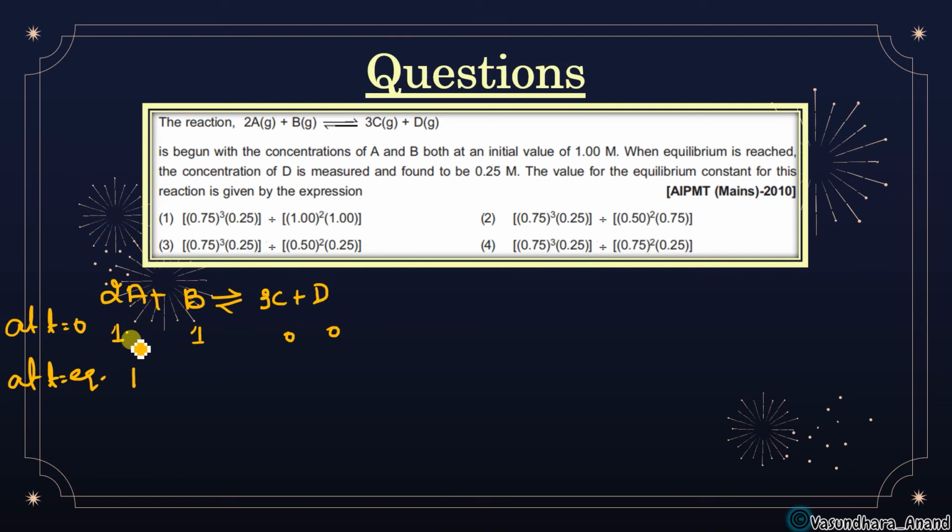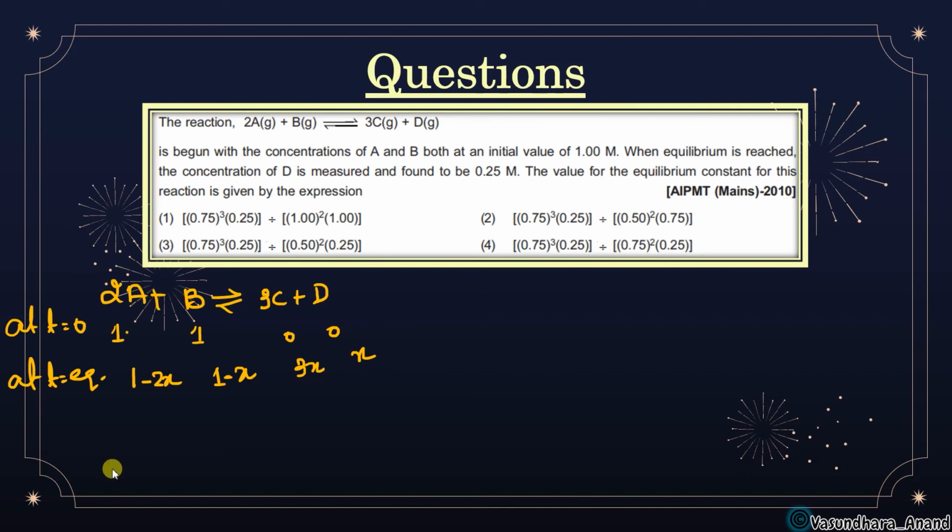इसका कुछ portion घटेगा, तो कितना घटेगा? For 1 mole, suppose that X is decreasing. So for 2 mole, it will be 2X. Got it? Clear, बच्चे? Similarly for B, इसका भी कुछ पोर्शन घटेगा, तो for 1 mole कितना घटा था? X. So here is 1 mole, so that means X only will decrease. And इसका कितना बनेगा? 1 mole के लिए X बना था, for 3 mole it will be 3X. And similarly 1 mole के लिए तो X बनेगा. Got it? Any doubt in this?